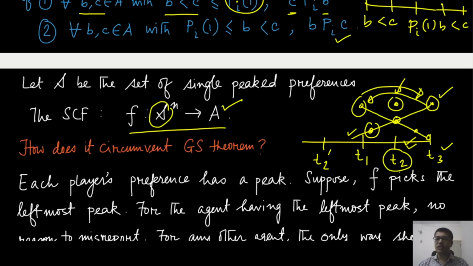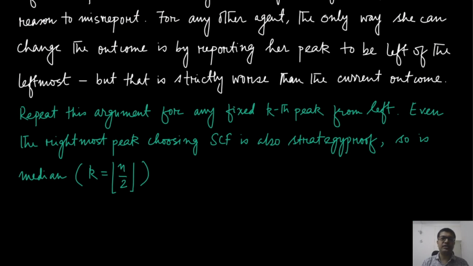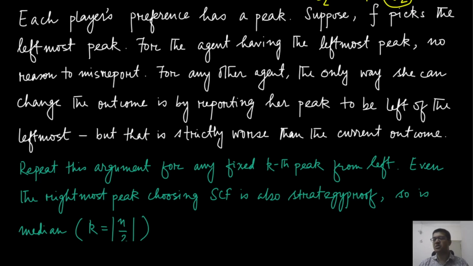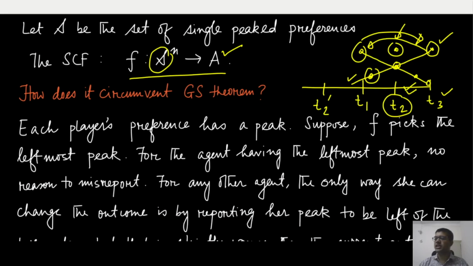You can play around with this with more players, and you can see that whenever we are picking the median, this is known as the median voting rule. In particular, in this example, we are discussing a few more extensions of the same idea. You can either pick the coldest temperature of this room, and that is also going to be strategy proof. If the social choice function picks the minimum, that is also truthful.